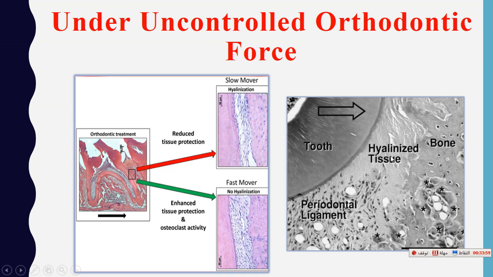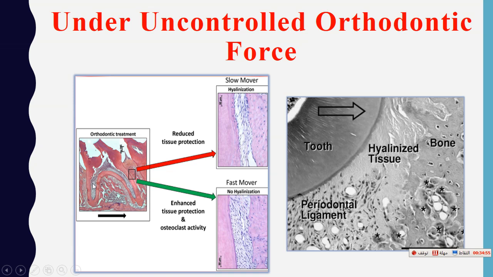So the tooth movement is delayed. Damage occurs to the periodontal ligament, and tooth movement is delayed because tooth movement occurs after cells move from the undamaged periodontal ligament area to remove or regenerate the damaged, hyalinized tissue, and the osteoclasts resorb the bone under the hyalinized tissue. This process of removing the bone under the hyalinized tissue after applying heavy force is called undermining resorption. So as much as possible, reduce undermining resorption in orthodontic treatment, because it occurs after applying heavy force on the tooth, and this leads to necrosis in the periodontal ligament, and also here in the tension area,